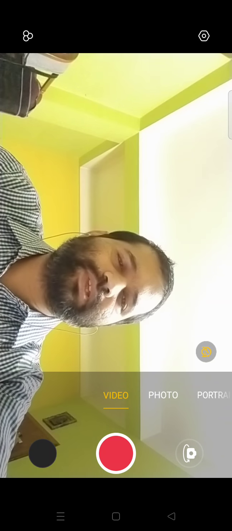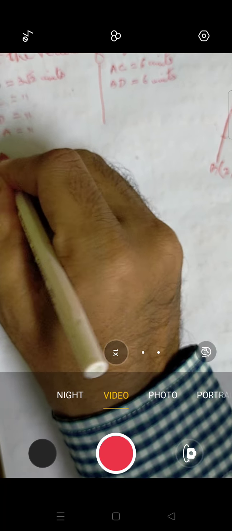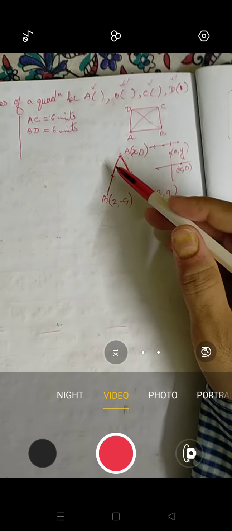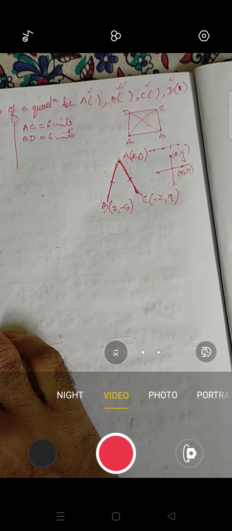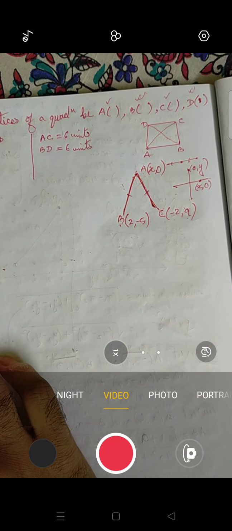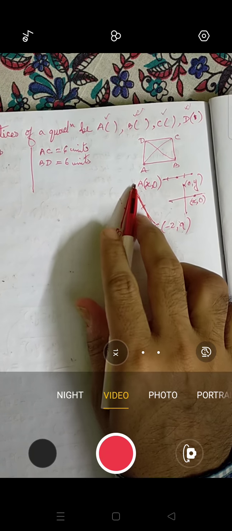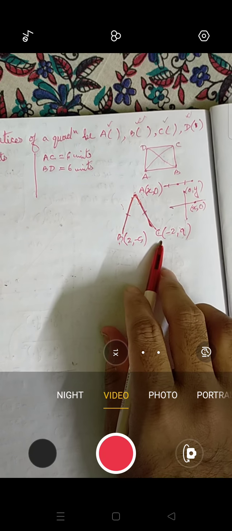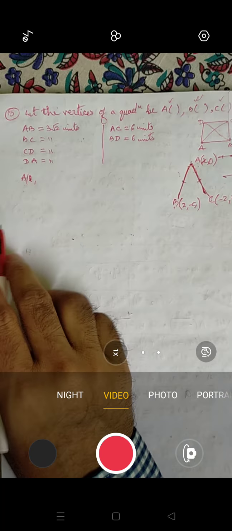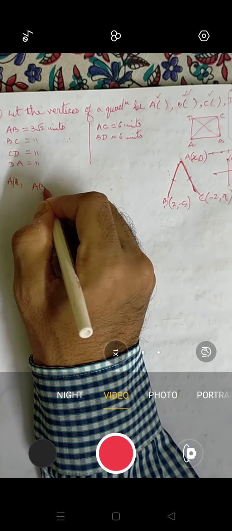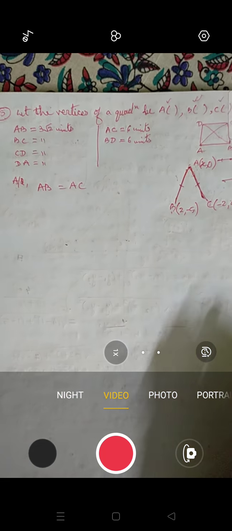Now it was said that they are equidistant, so just check it nicely. Okay, so can I say that according to the question, AB equals AC? Yes or no? So AB is equal to AC because A was equidistant from B and C. So according to the question, can I say that AB equals AC? Yes or no?